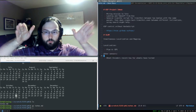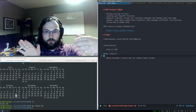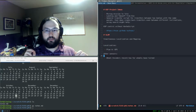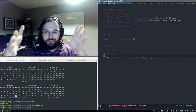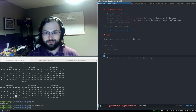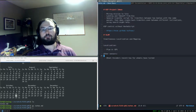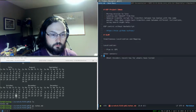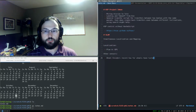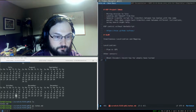Now there's a little bit of a problem with wheel slip, that as you rotate a robot with tank drive, the wheels have to slip to make that work, which means that you have to estimate how much slip happened, and you don't necessarily get correct information because it depends on what surface you're driving on. But wheel encoders still potentially give you really useful information, and optimally would tell you exactly how far you had gone. The problem is